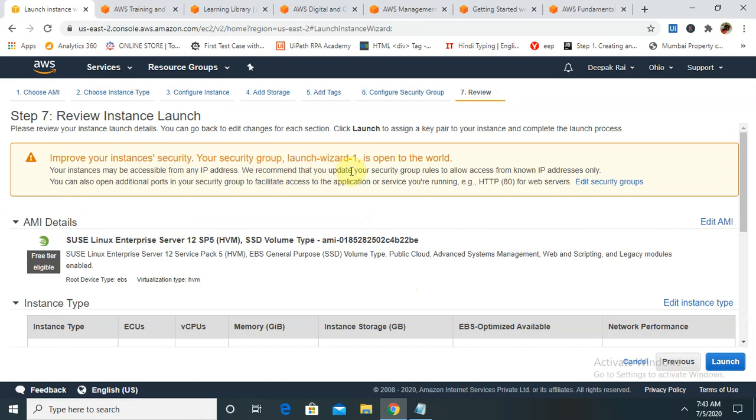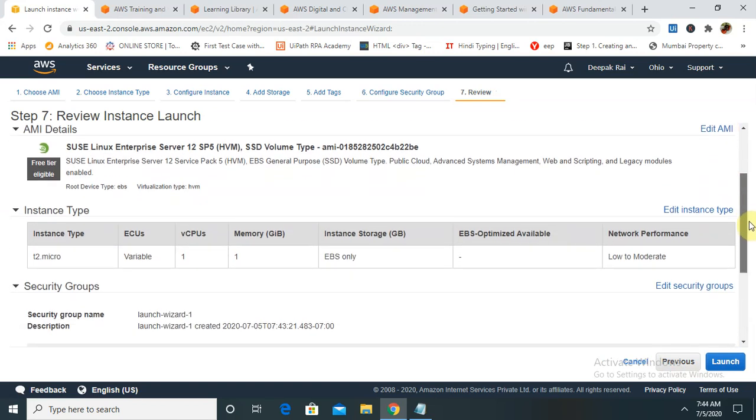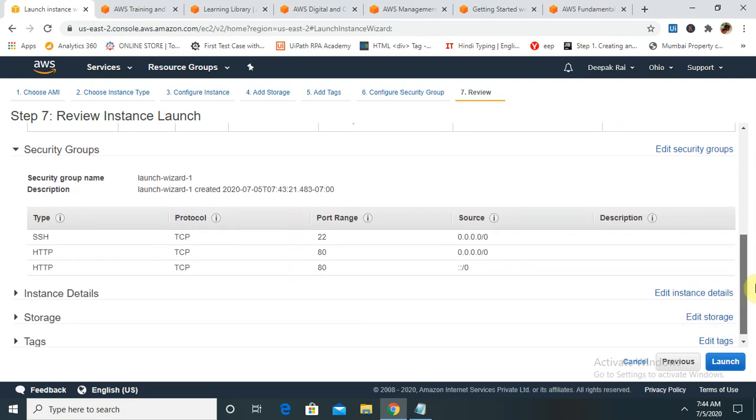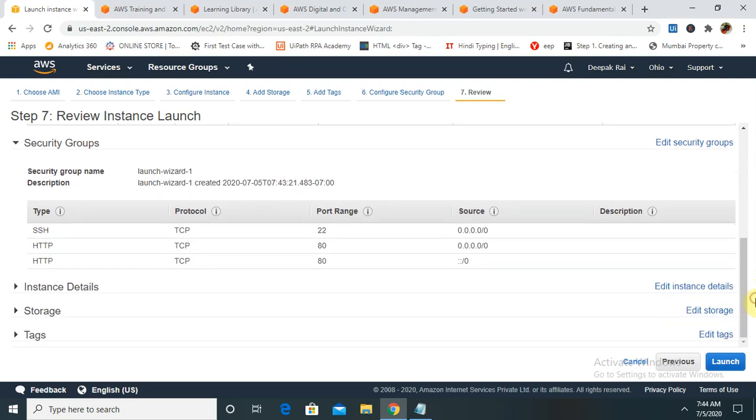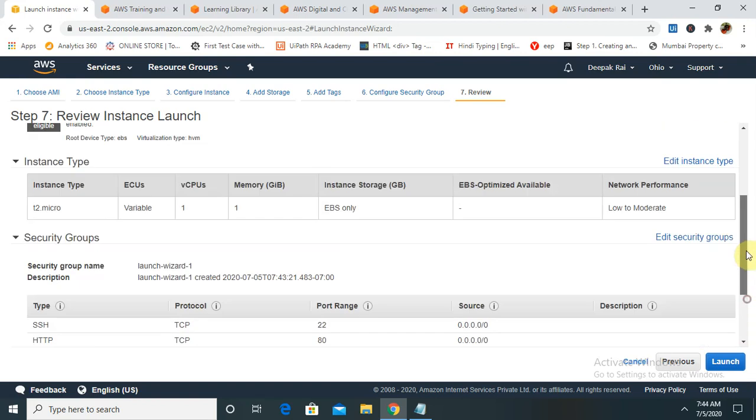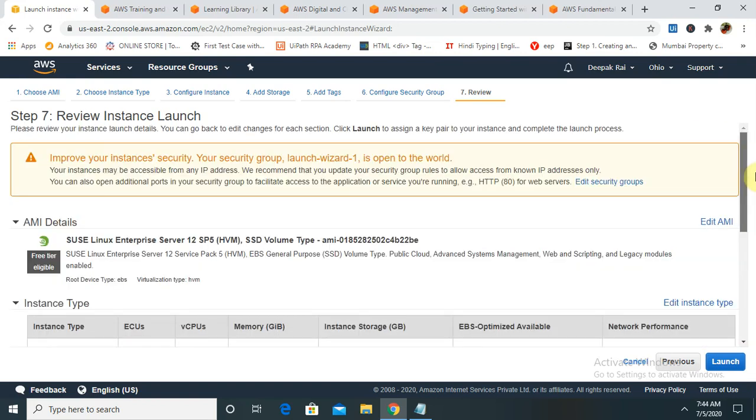A security group launch wizard is available. Now you can see the EBS following details are available, and storage tags. So here you can see complete details of whatever you have configured.